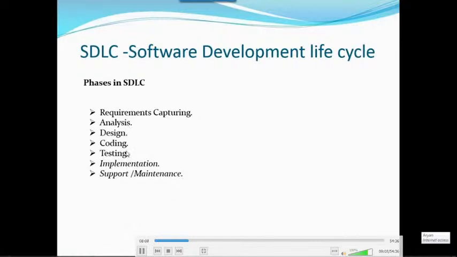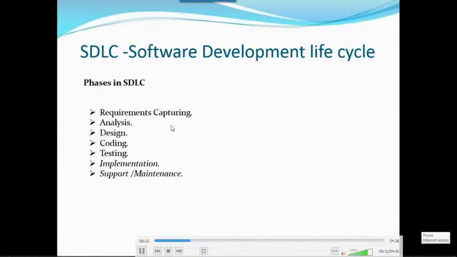When will you be involved in the testing? After coding. Without coding, we cannot do any testing, right? So this point is very, very important. In SDLC, in what phase are you involved? You need to say that you are involved in the testing phase. So when will the testing phase come? After coding. So these are all the SDLC phases.